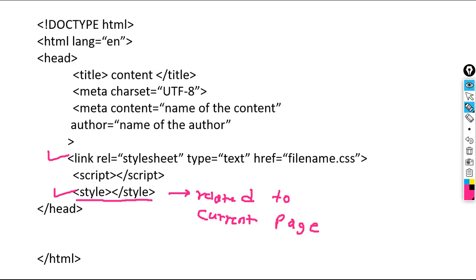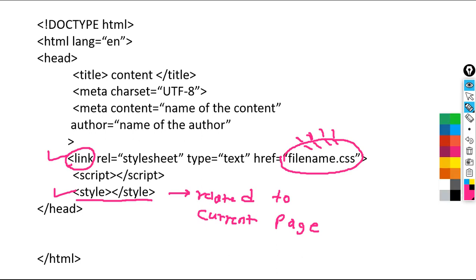Whereas the file which we have imported using the link tag, that we can use anywhere. This file can be used anywhere, correct, with the help of the link tag. So reusability is there. More reusability, understood?